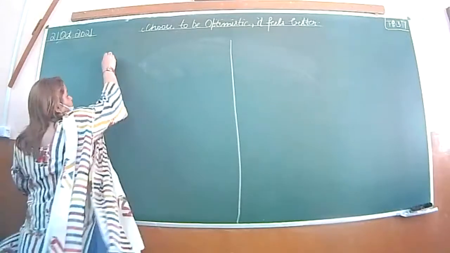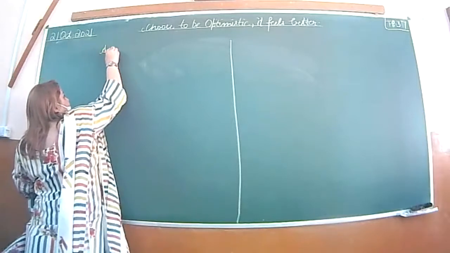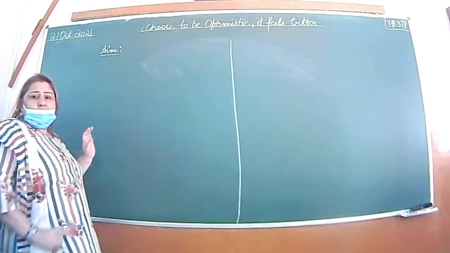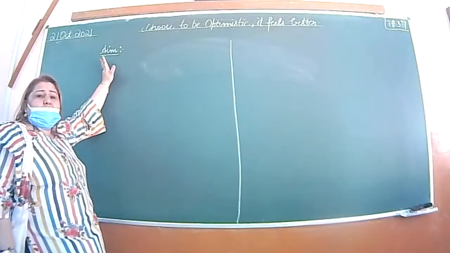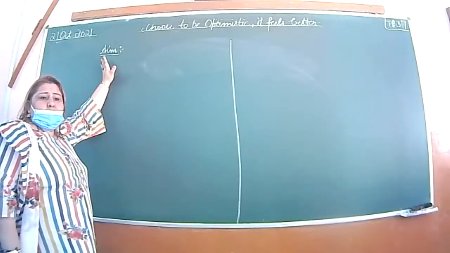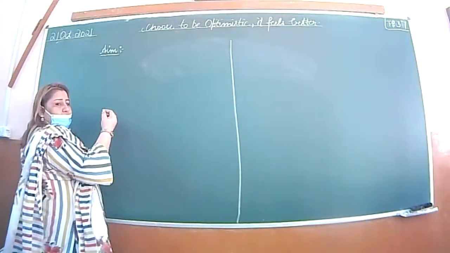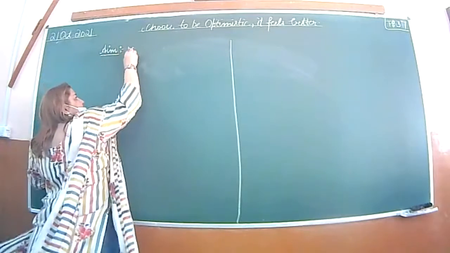Here you will write down aim with pencil. On the white page, no pen. Right? What is aim? Aim means the name of the activity. To show that